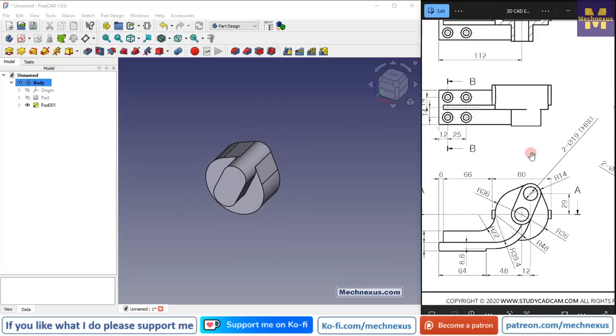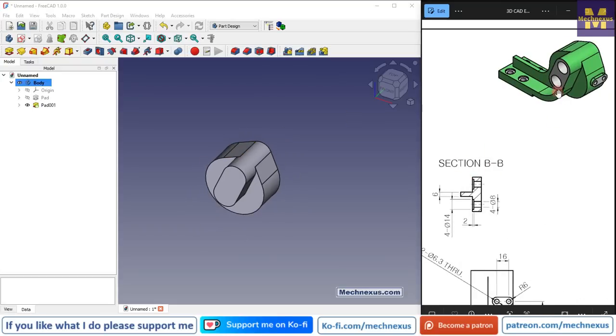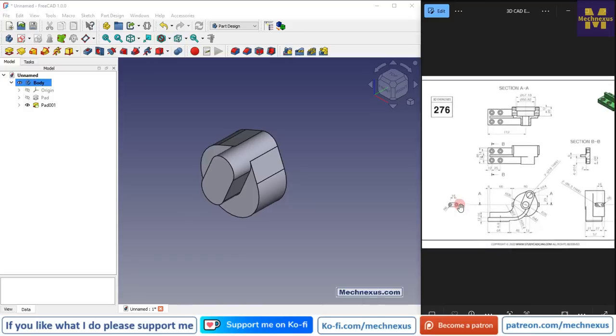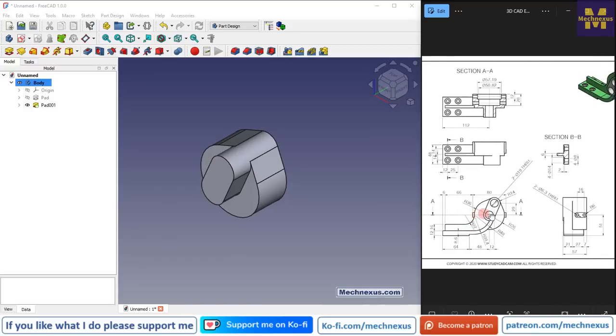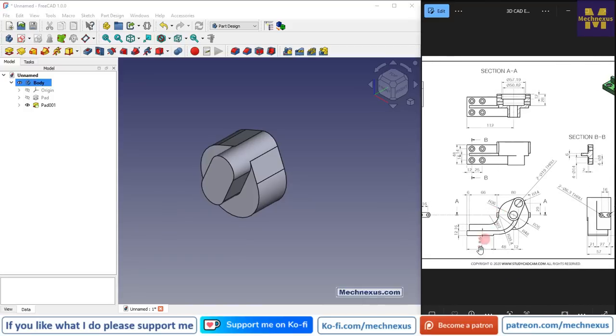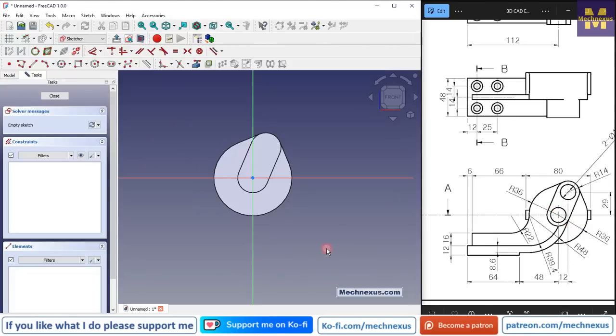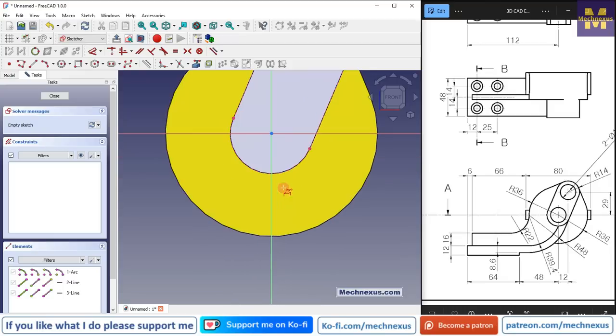And now let's switch to the isometric view, and now here we will create this profile. So press 0 and here we will refer to this front view. So we will select this face and create a sketch, and now click on the project geometry and project this arc and also project this radius, and now here